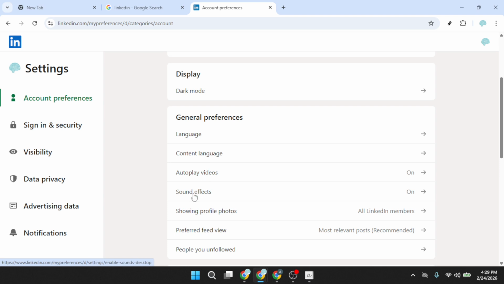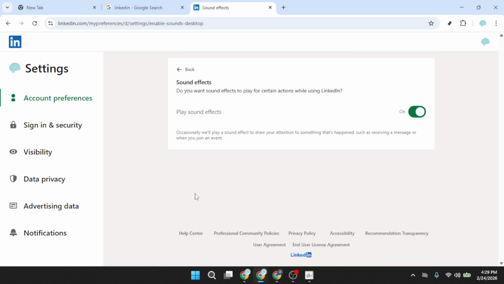This page is where LinkedIn groups the interface sounds you hear while browsing, such as notification chimes, subtle clicks, and other small audio cues. On the Sound Effects page, you'll see a single toggle switch that controls these sounds on desktop. Click the toggle to turn them off. When the switch is off, it will visibly change state, often shifting color or sliding to the left, confirming that